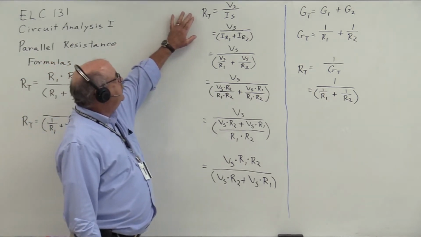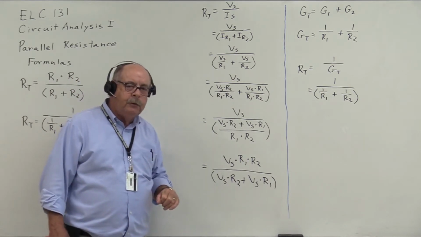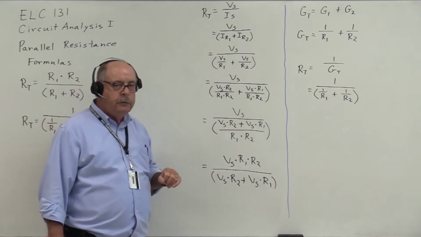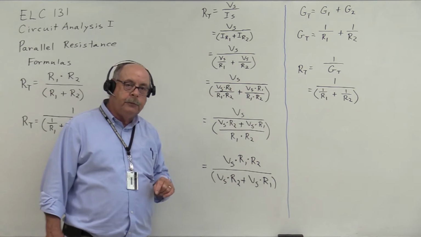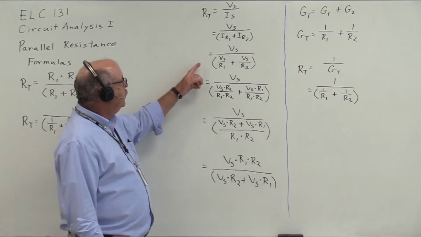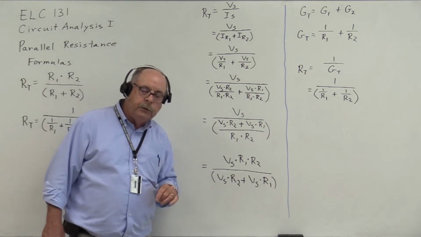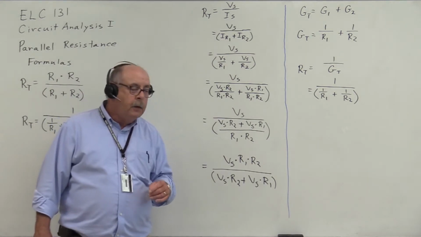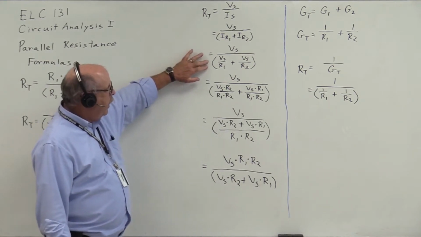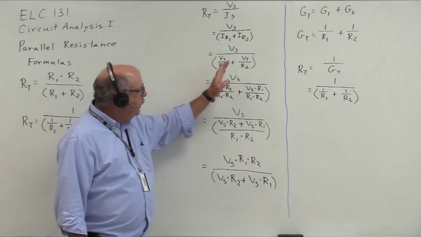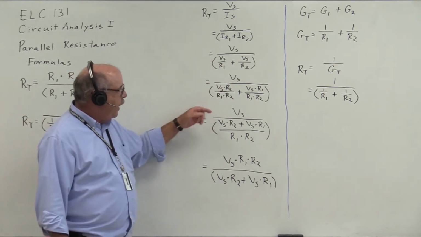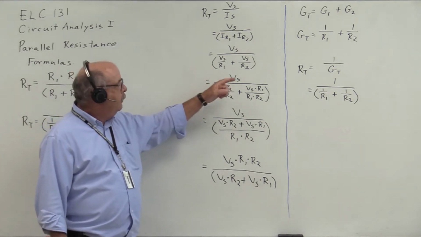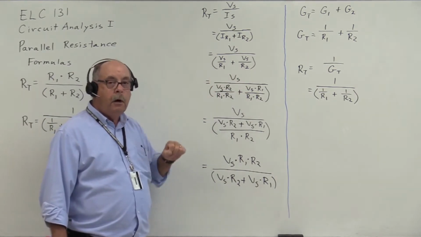So by definition, total resistance is equal to V source over I source. And in a parallel circuit, I can substitute for I source IR1 plus IR2. And again, from Ohm's law, we know that IR1 equals V source divided by R1, and IR2 is V source divided by R2. Now, with this term in the bottom of the fraction, in order to combine these two, we have to have a common denominator. So I multiply this times R2 over R2. I multiply this times R1 over R1,